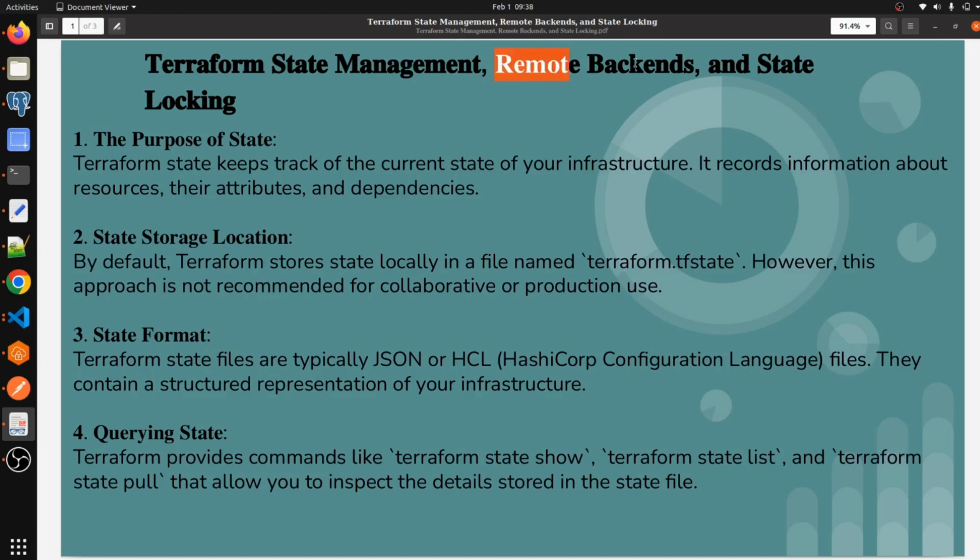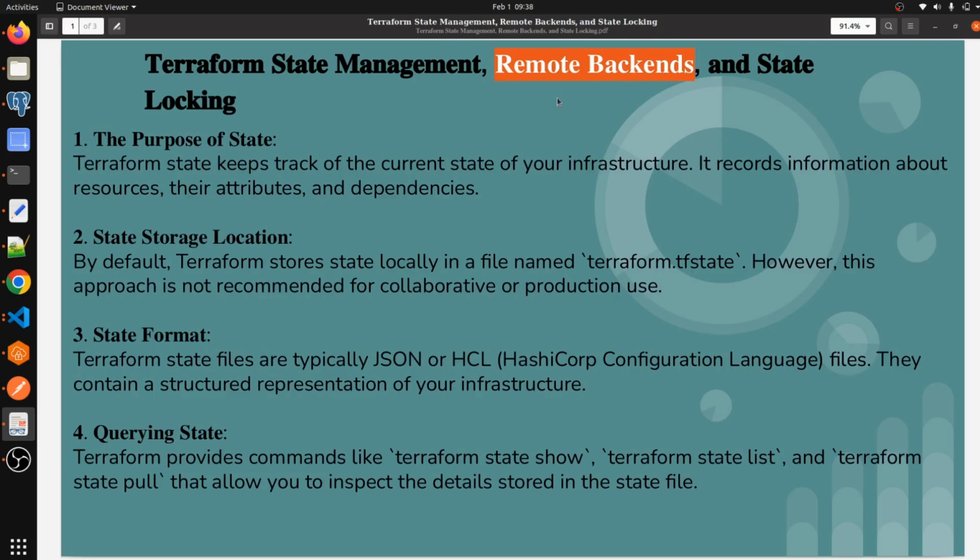So remote backend. What is a remote backend? Whenever you create resources using Terraform, it will create one state file, and you can store your state file in some backend, which can be S3 or some other storage system, okay.